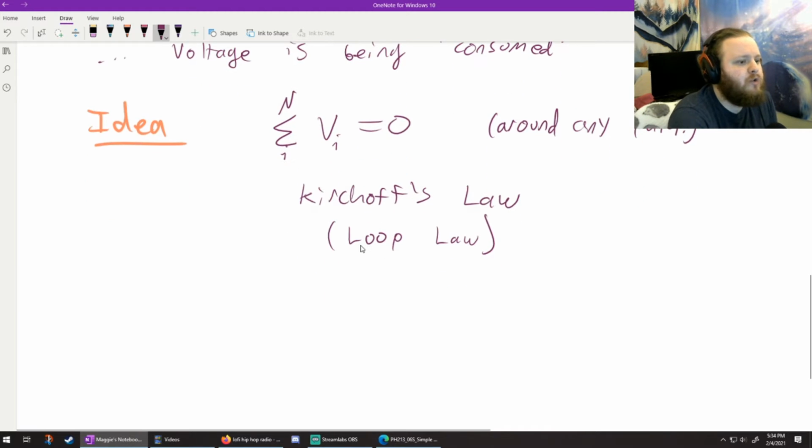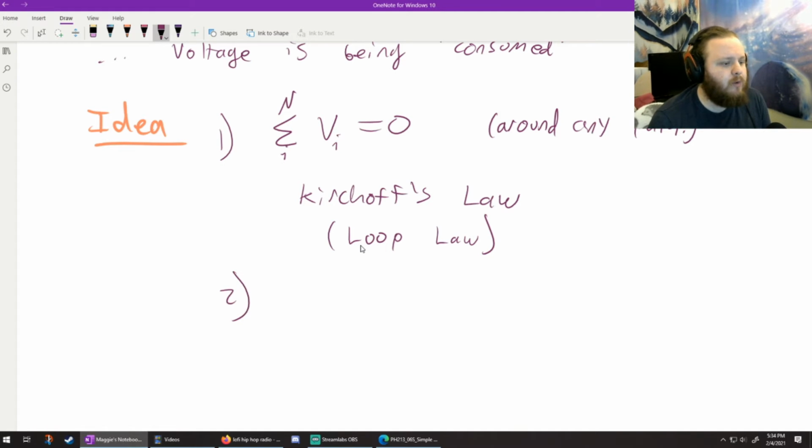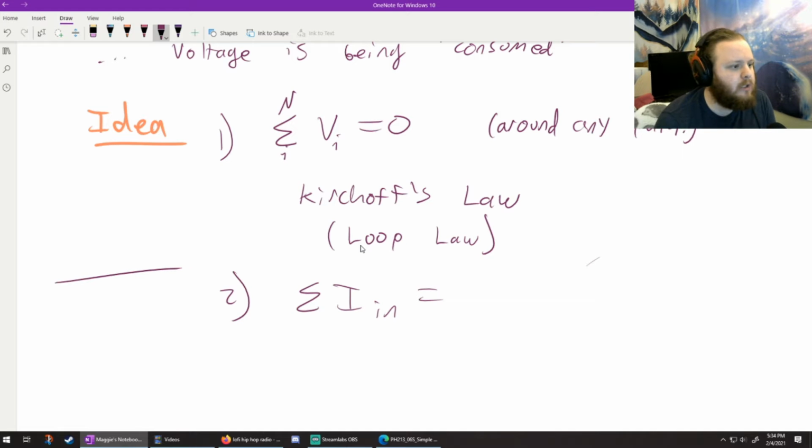Okay, let's do the consequence for the I conservation too. So these are my two big ideas. One, that the loop law is true, and two, that if I add up the currents going into some junction, where a junction looks like right here, so if I have some I in going this way, and I have some I out 1 and I out 2, for however many I outs I could draw, however many splits there are to this junction, these have to be the same. I in equals I out. This is purely a statement of charge conservation,